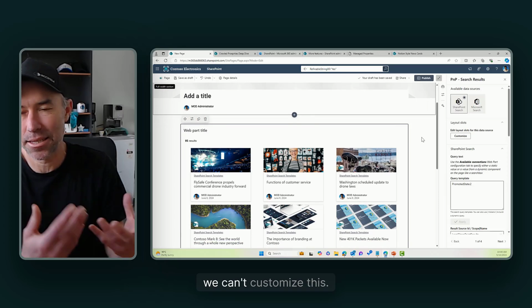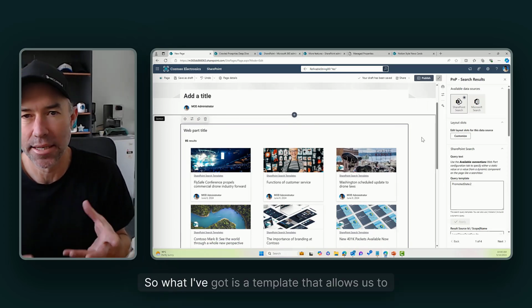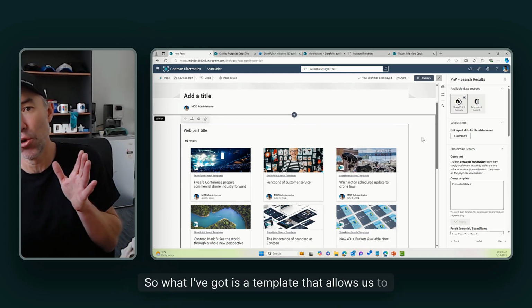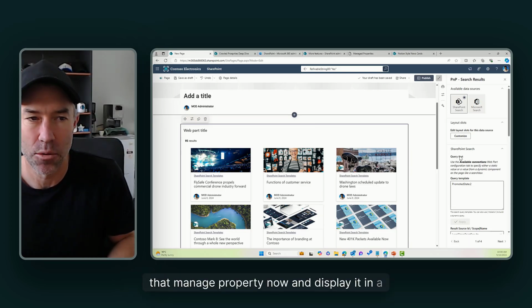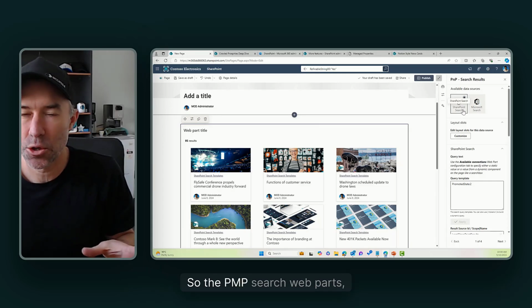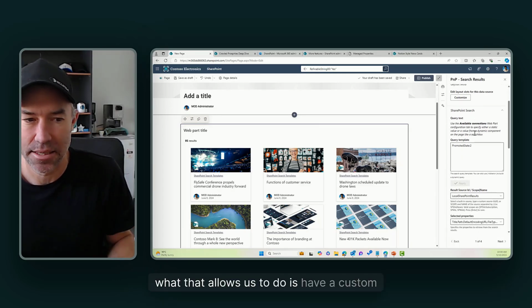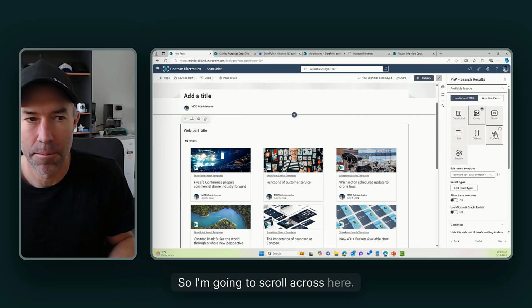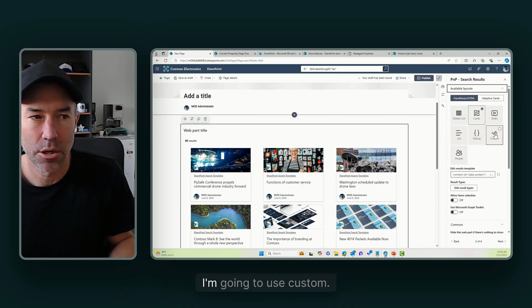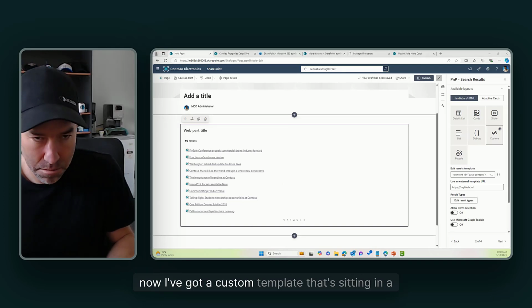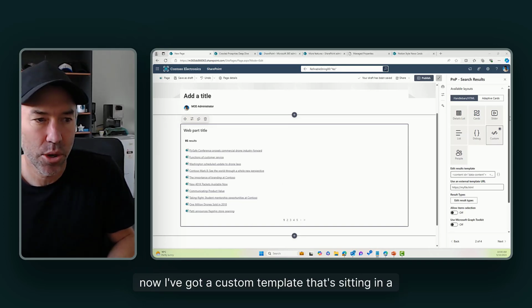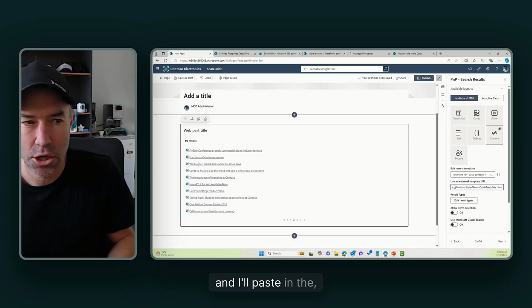Now, we can't customize this. So what I've got is a template that allows us to use that managed property now and display it in a different way. So the PnP search web parts allow us to have a custom template. So I'm going to scroll across here. Now, instead of cards, I'm going to use custom. All right. Now I've got a custom template that's sitting in a library, and I'll paste in the